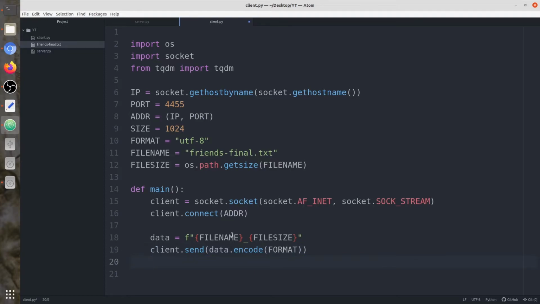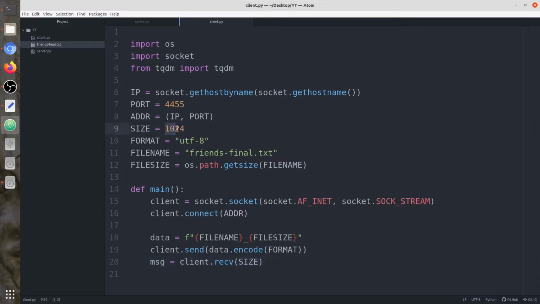The client has sent the file name and the file size to the server, so the server is also going to respond back. We're going to receive a message from the server with client dot receive, a data of not more than 1024 bytes at a time.